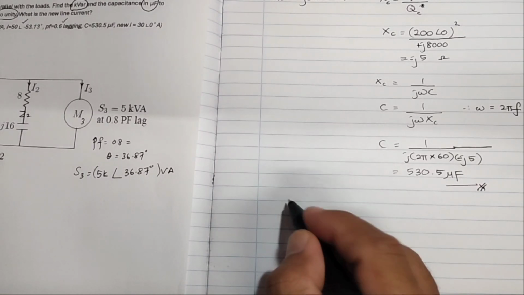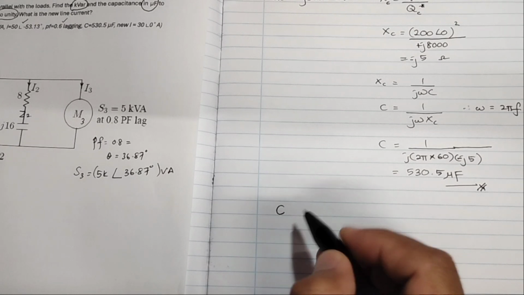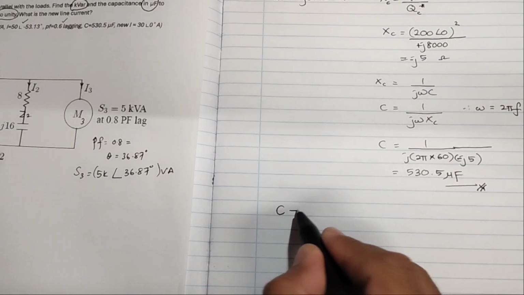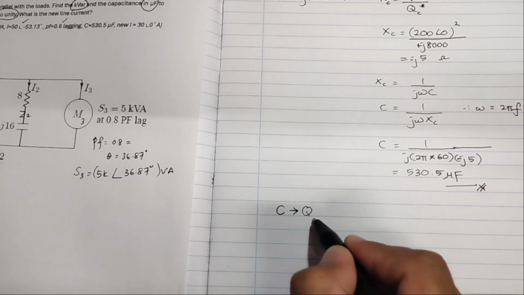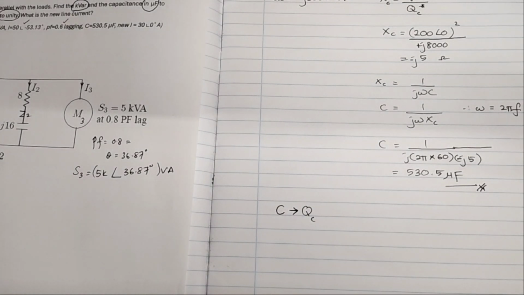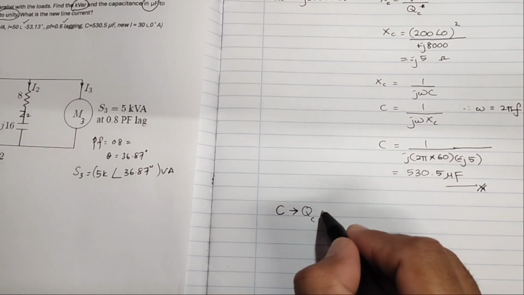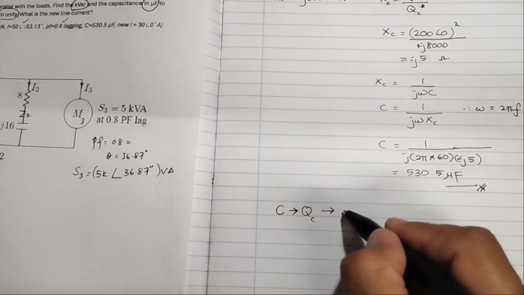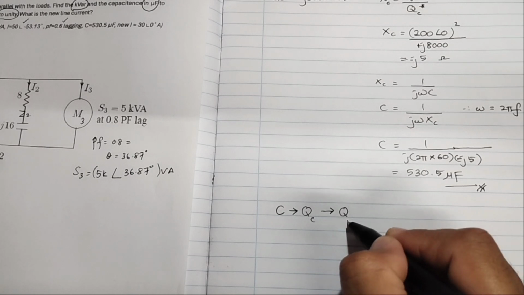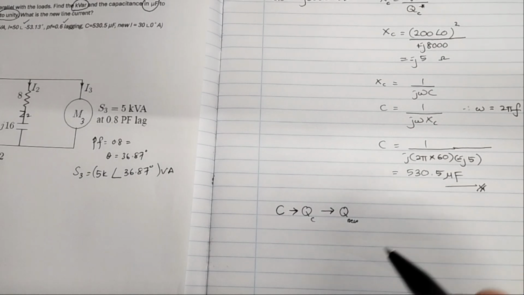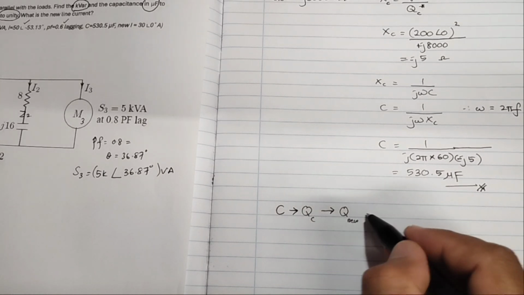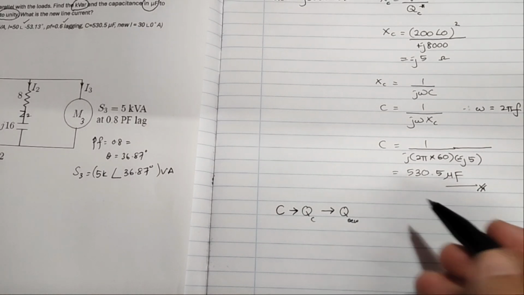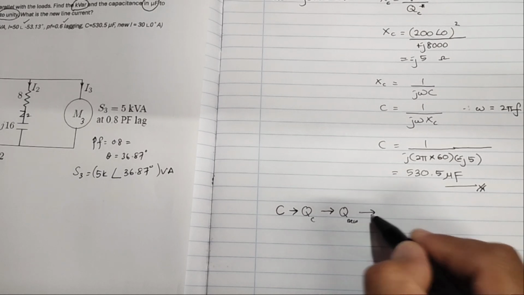Bila kita install C, so dia akan efek kepada obtainnya QC. Okay, QC ni efek kepada berubahnya Q total ataupun Q new. Q total tu adalah Q new. Q selepas. Okay. Q new ni adalah bila mana Q old